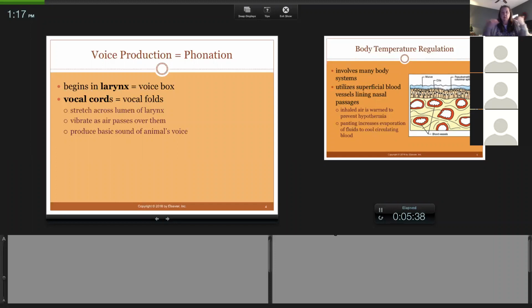Now, I'll use my own dog as an example. Sometimes AJ goes outside and he's got this really deep, menacing bark. And then sometimes there's that playing bark that's very yippy. Well, they can adjust the tension on the vocal cords to change the pitch, almost like you would change a guitar string. You can put tension on a guitar string and change the pitch. If you think about vocal cords like strands or strings, if they can adjust the tension, it'll change the pitch. So there's a deep growl, there's a yippy bark, and basically the tension on the vocal cords